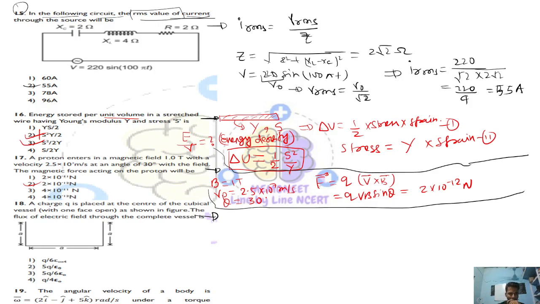Let's see. A charge Q is placed at the center of a cubical vessel. It is telling about the cubical vessel. First, you need to understand to make the cubical vessel. The flux of electric field through the vessel with one face open. Let's suppose this face is open. You know, if the face is closed,